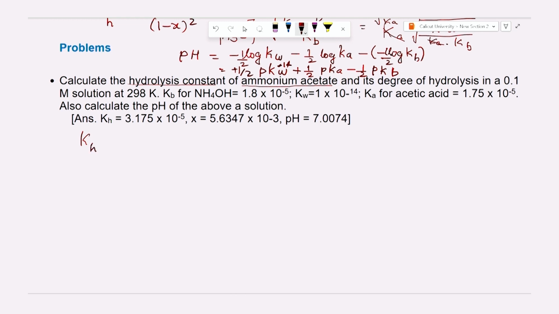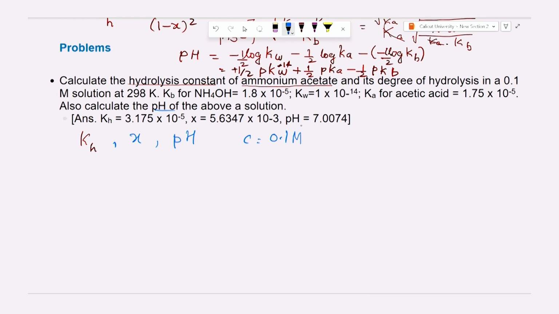We have to find out the hydrolysis constant, then the degree of hydrolysis X. Kb of the base is given and Ka is given, and you have to find out the pH also. So, these are the three factors which we have to find: the hydrolysis constant of ammonium acetate and its degree of hydrolysis at concentration equal to 0.1 molar,